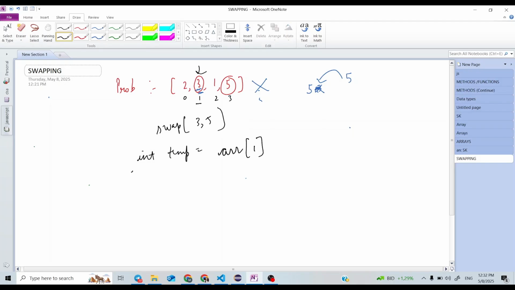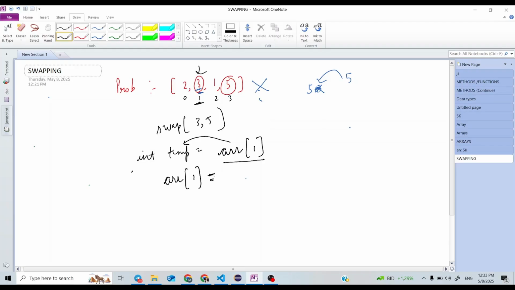Sorry, because at array of 1 there is 3, and at array of 1, what I need to put, now my array of 1 becomes empty now, because the value at array of 1 is now being stored in this temporary variable.